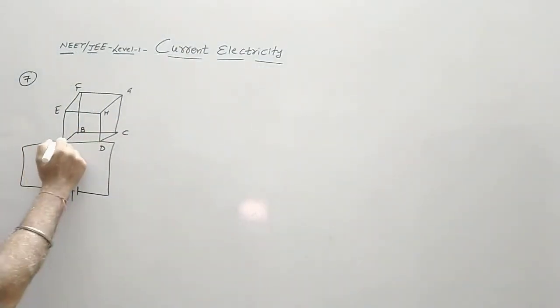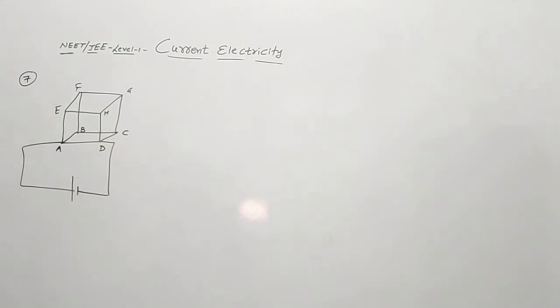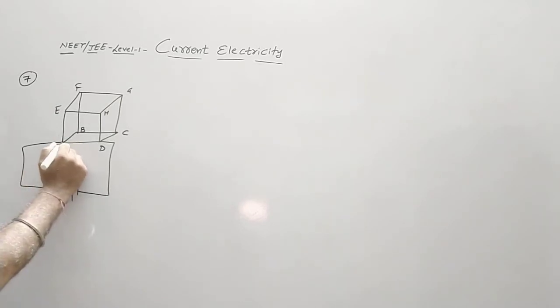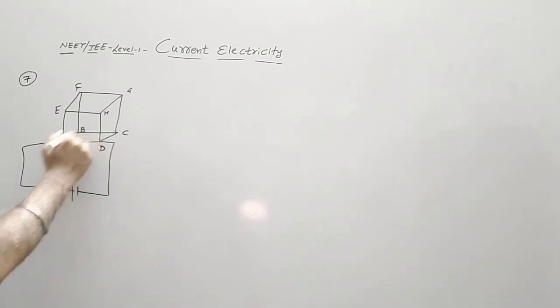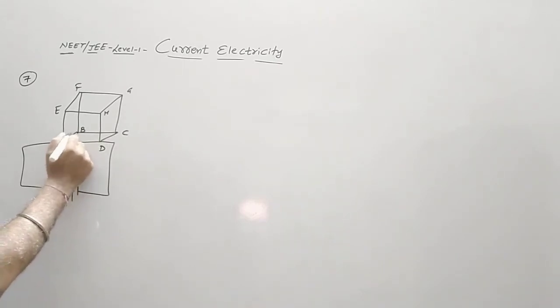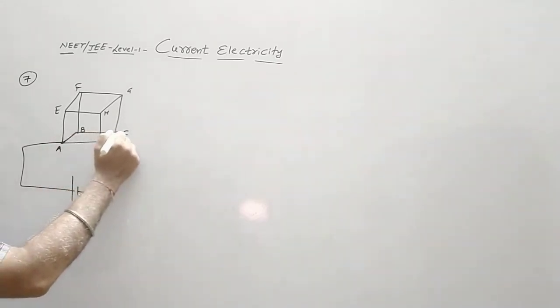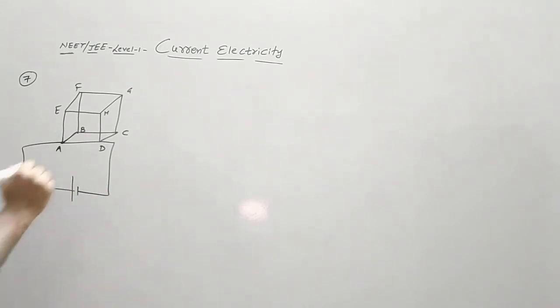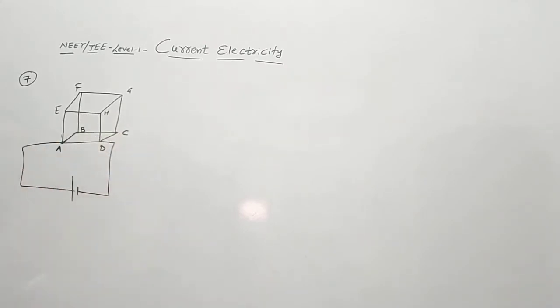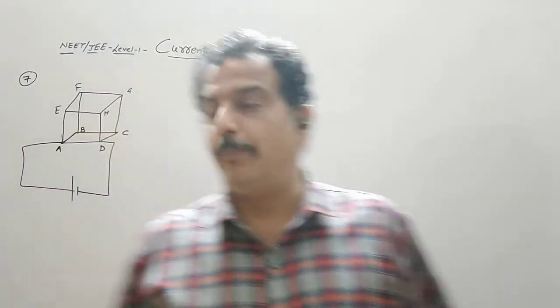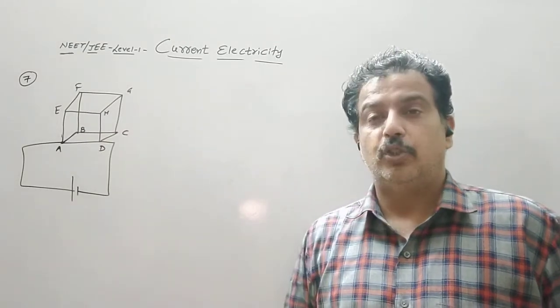Now let us again see the division of the current at point A. At this junction, we have three paths. Clearly there is only one wire between A and D. Let us count the remaining paths. AB, that is one wire, BC, CD, three wires. Similarly, AE, EH, and the shortest part HD, three wires. So three equal paths are there, so the current in those paths should be equal.